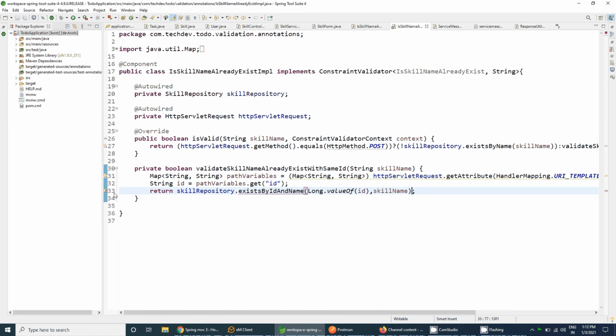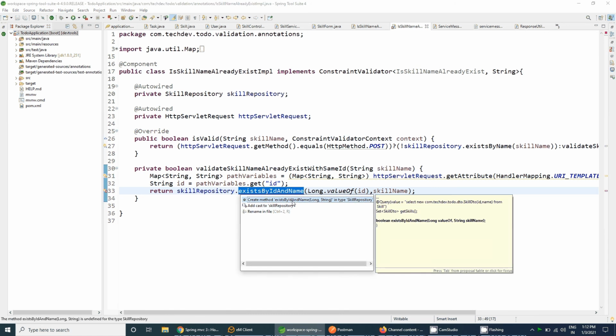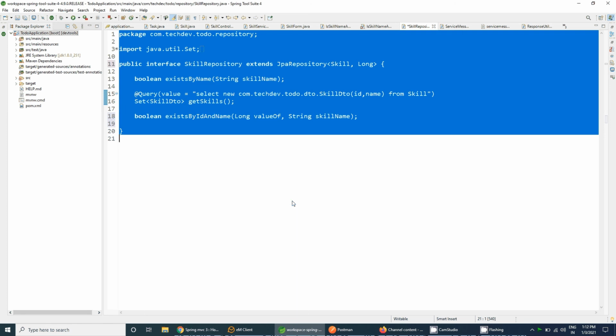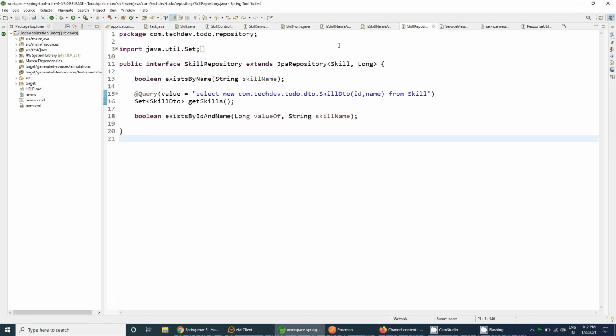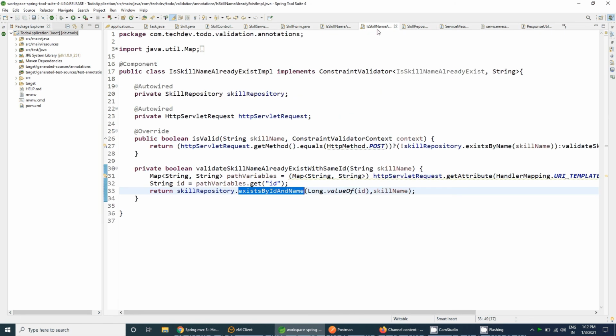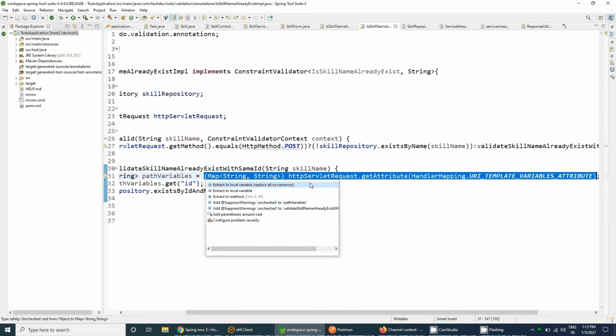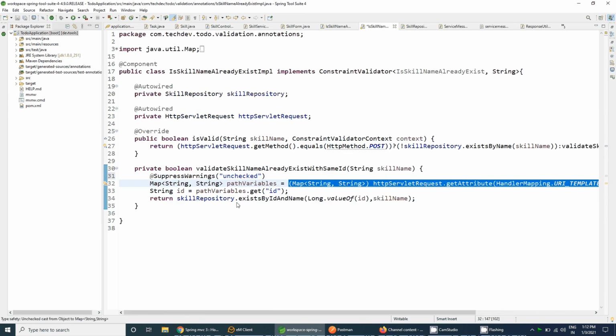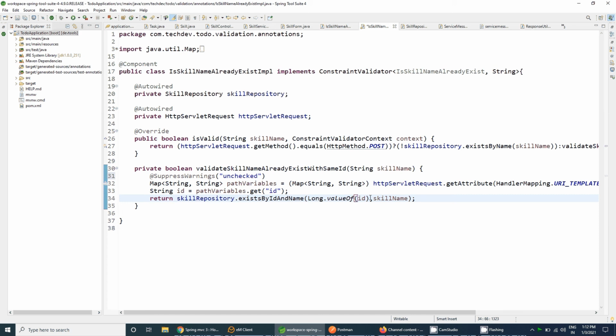We just return the same thing, and let's create this method in our repository. And for that we are done. Let's add the warning over there. So we have done for this now.